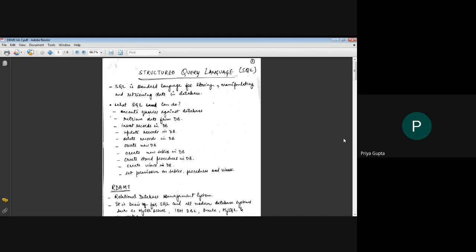It can retrieve data from the database. It can insert records, update records, and delete records in the database. It can create new databases, new tables, stored procedures, and views. It can set permissions on tables, procedures, and views.